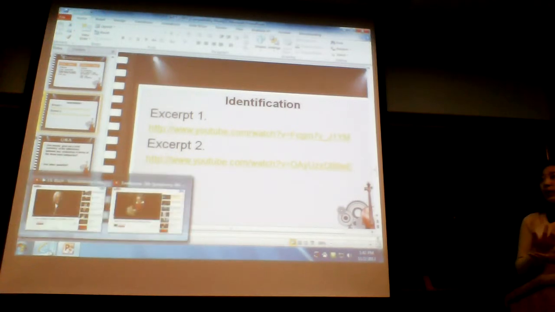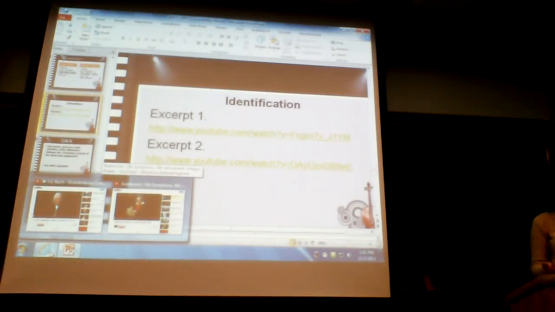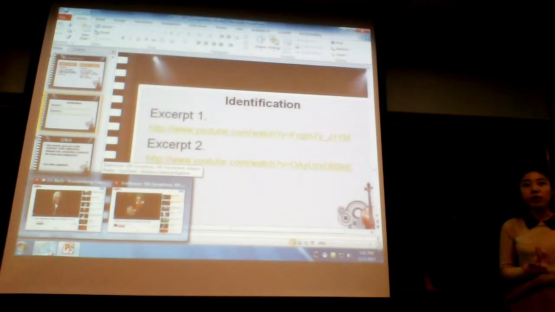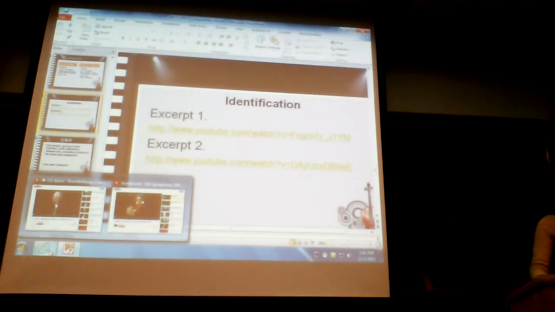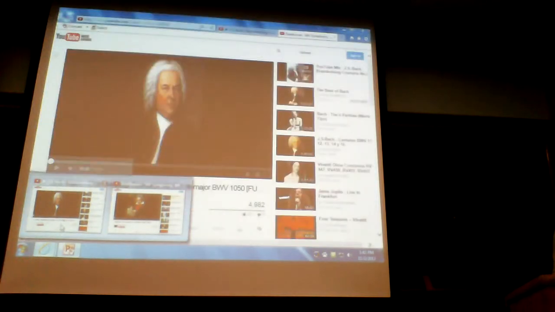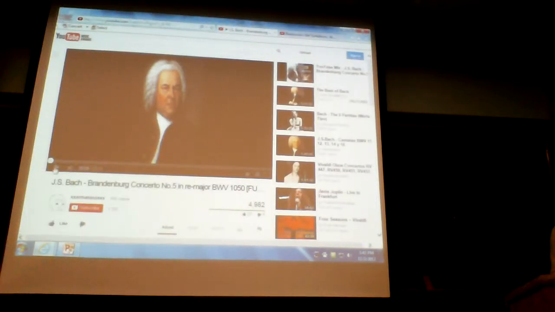Based on what we learned today, while we're listening to the music, I want you to identify which one is chamber orchestra and which one is philharmonic orchestra. You ready? Mm-hmm. The first one is